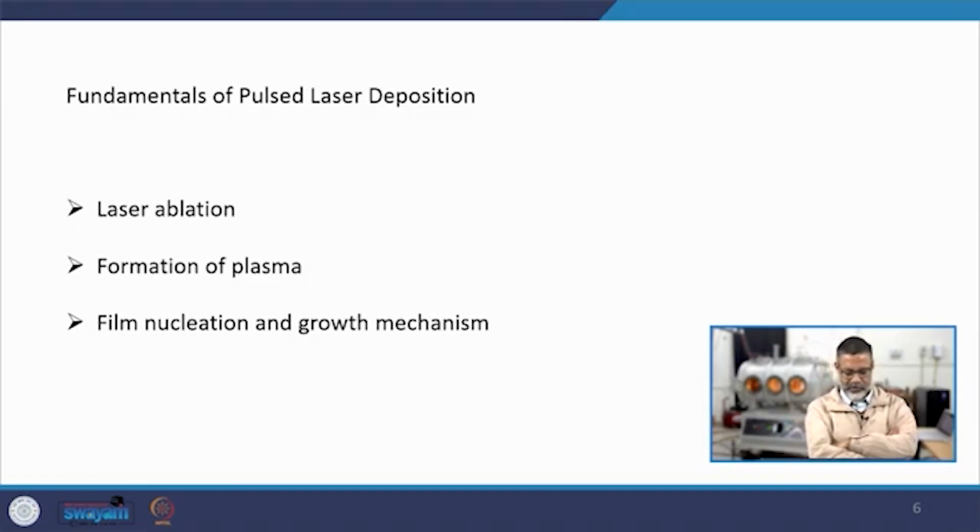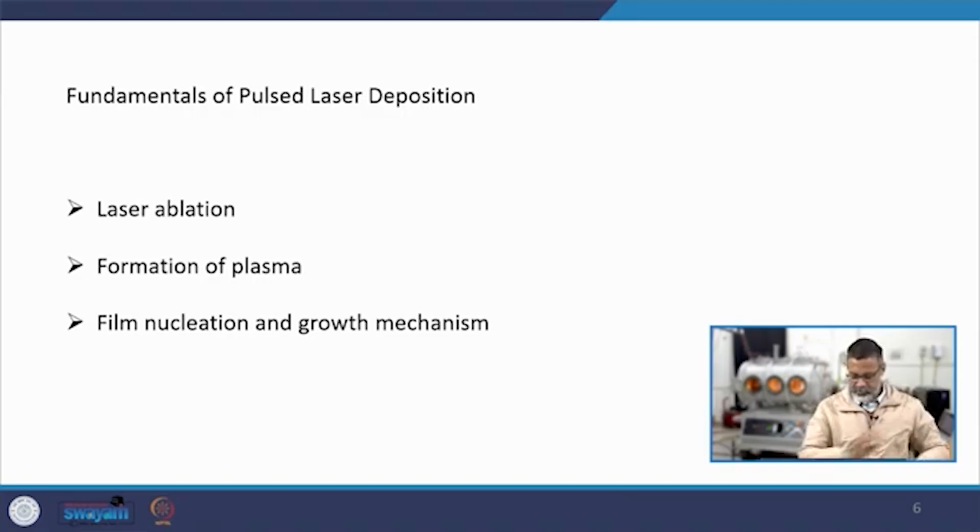This plasma will expand, and shock waves will form from the plasma, which go with a very high velocity from the target toward the substrate, and then further nucleation and growth occur